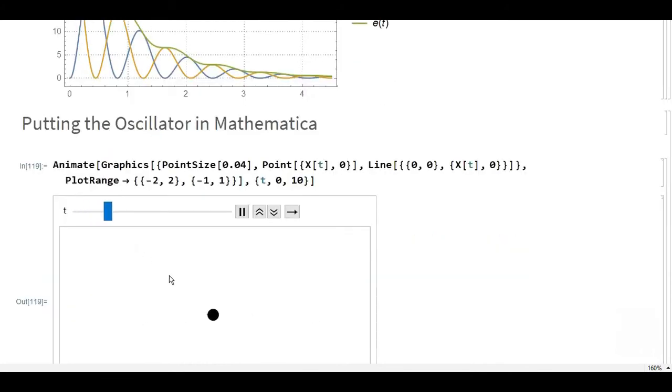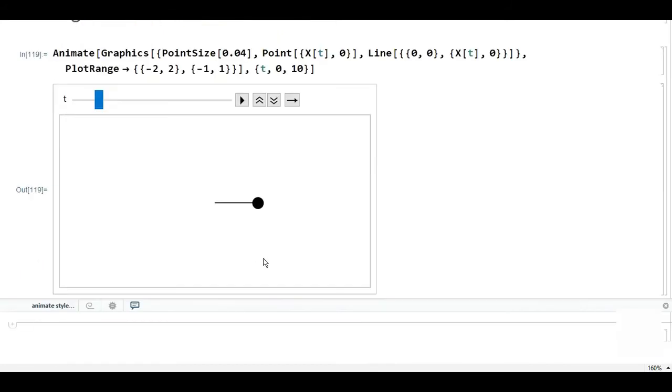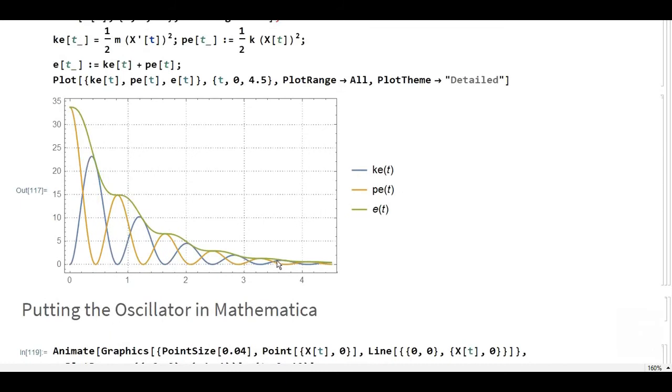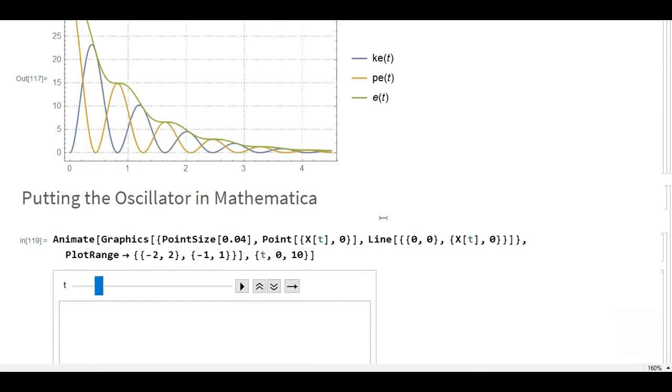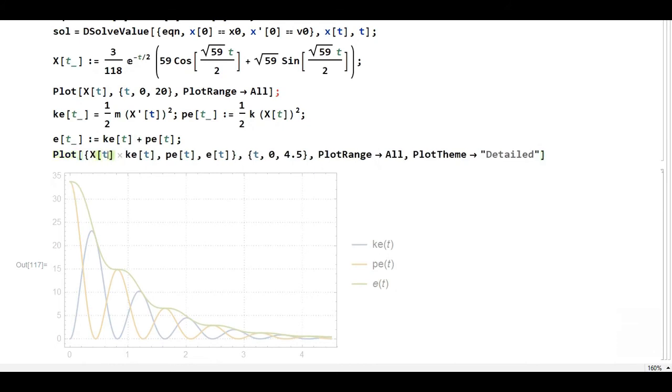And if you run it, you can see that it gives us a very nice animation. So this is the part where we have put the oscillator in Mathematica, but now what we want to do is see this whole scenario, that is the potential energy, kinetic energy, total energy. You can even get the position, which itself is a function of time. So in case you want to, type x of t and just put a comma over here